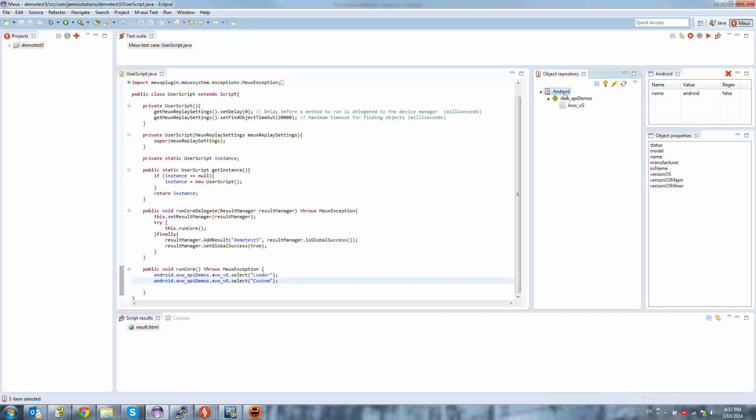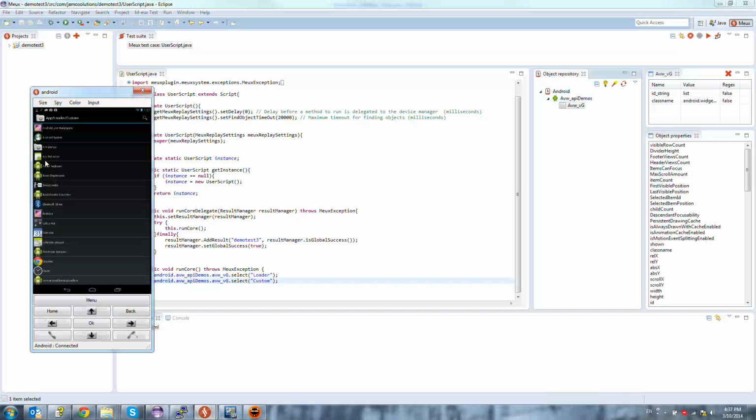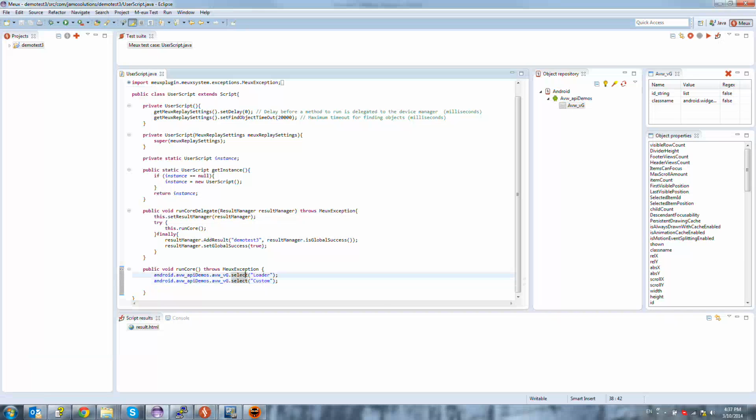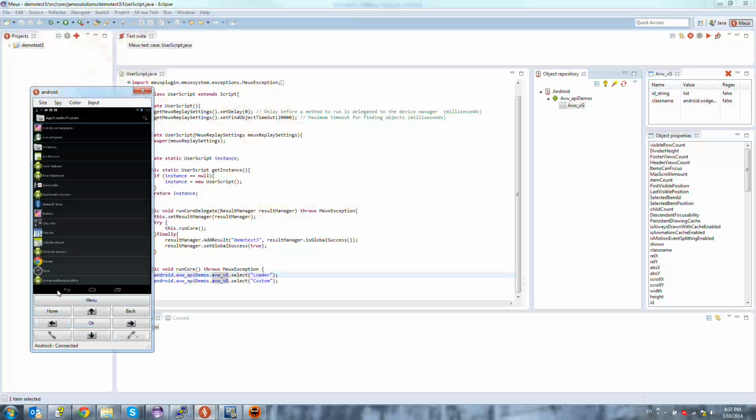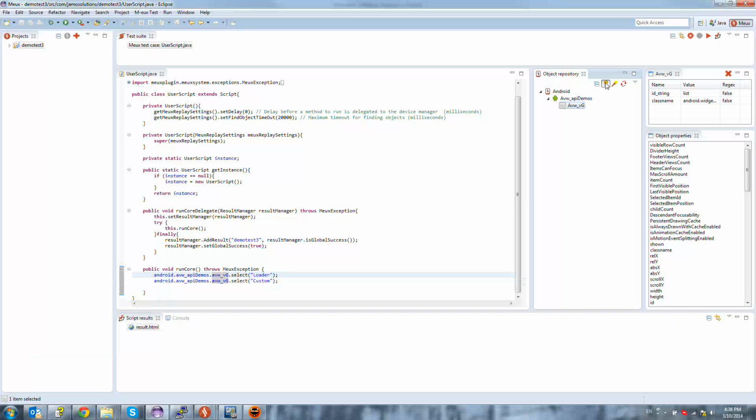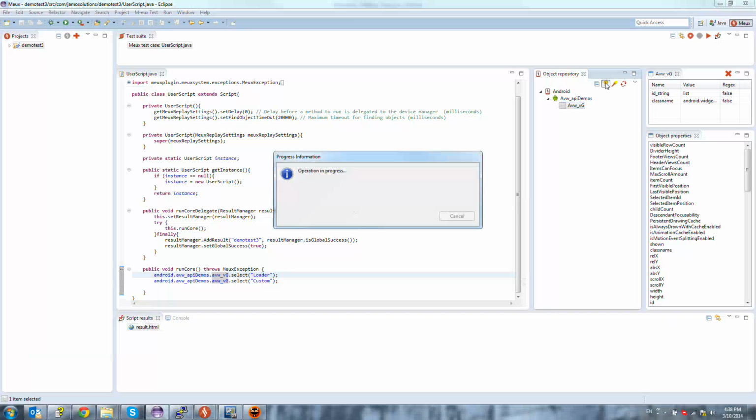So as you can see here, that's the Android device, and then you have a window. After that, you have a list view, and it corresponds to all the objects on your current screen. Because our script recorded is select on a list view, that is why we only have objects until list view. But if you want to add all the objects from your current screen, you can simply do a Learn GUI by clicking on this Learn GUI button, and then you will be able to add the objects in your